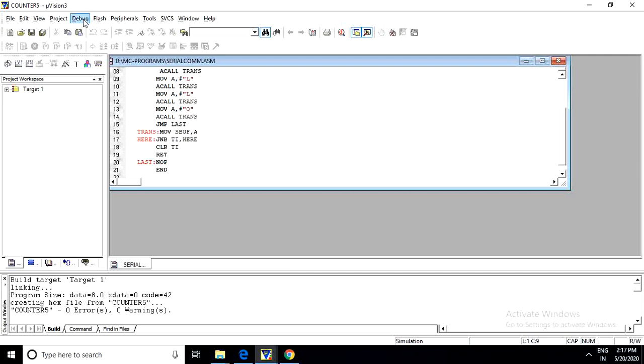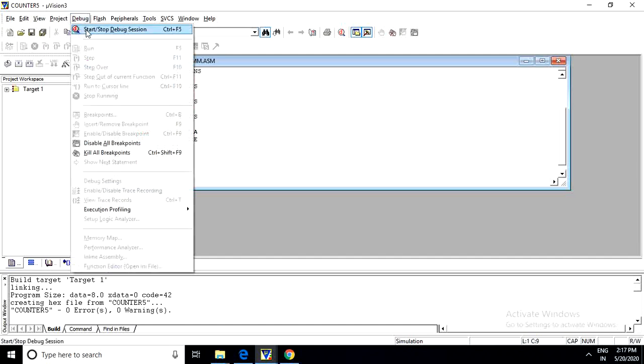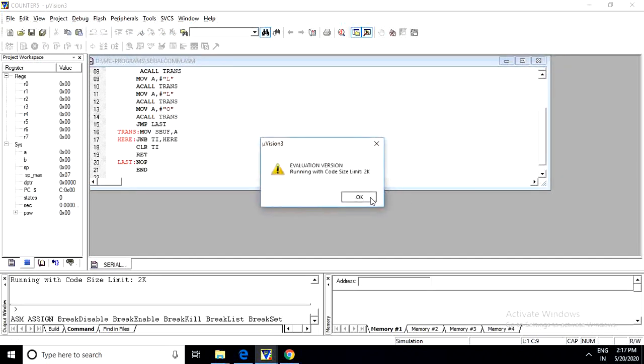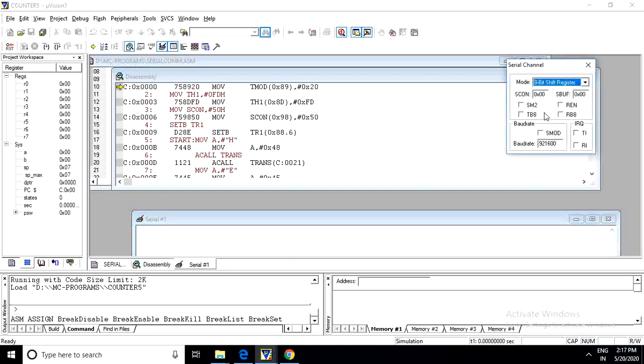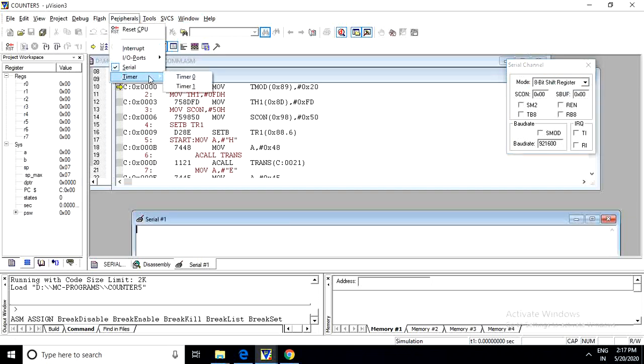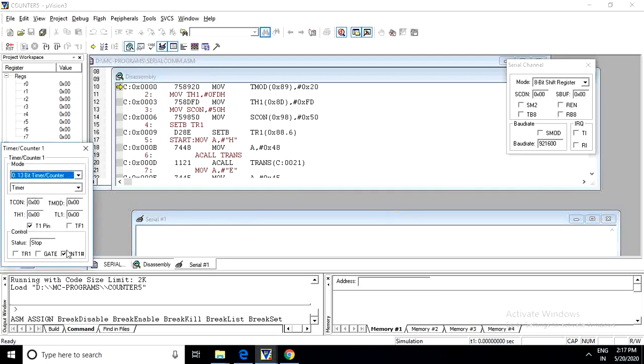Then go to debug, select start debug. Okay. Then you need to go to peripherals. Here already the windows are open, but I'll tell you. Here you go to serial communication port, so the serial channel will be displayed here. Then as we have used timer 1, you go to timer, select timer 1, so timer 1 will be displayed here.